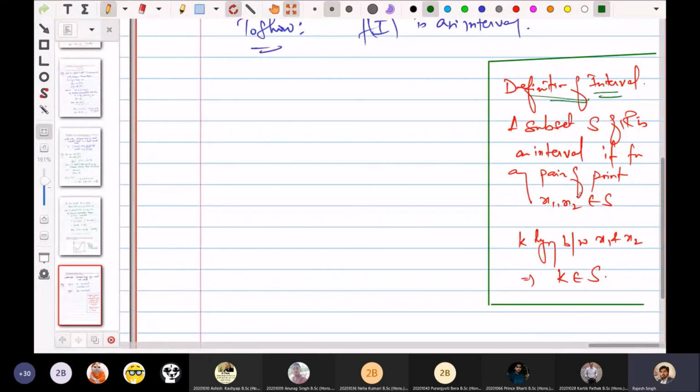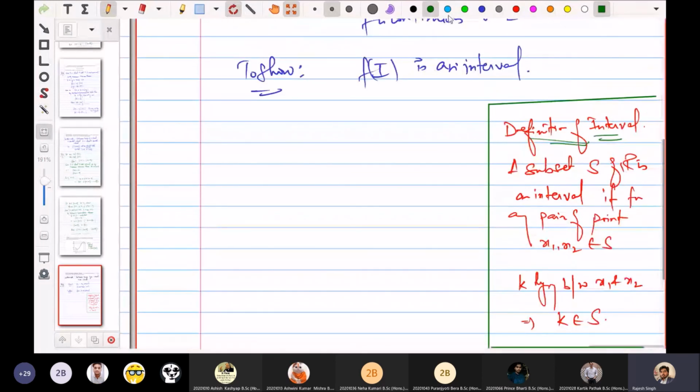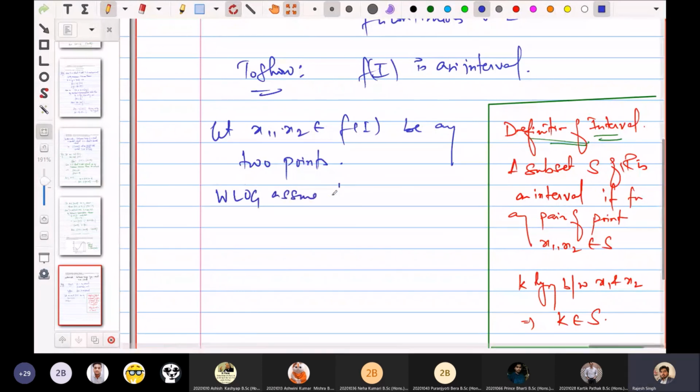ठीक है। सो वी विल हैव टू फर्स्ट पिक अ पेयर ऑफ पॉइंट्स, और फिर उसके बीच में कोई k पिक करना होगा, एंड देन वी विल हैव टू शो दैट दिस k बिलोंग्स टू दिस f of I. सो हमें ये शो करना है, ठीक है। So let x1, x2 belonging to f of I be any two points, ठीक है। Without loss of generality, assume that x1 is less than x2, ठीक है।